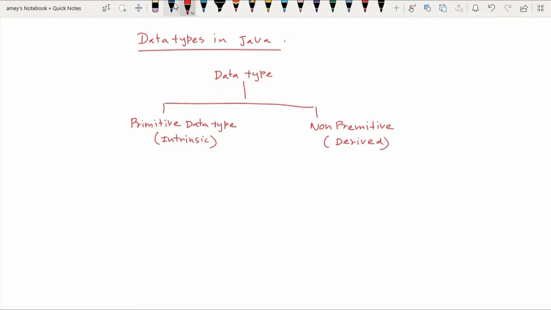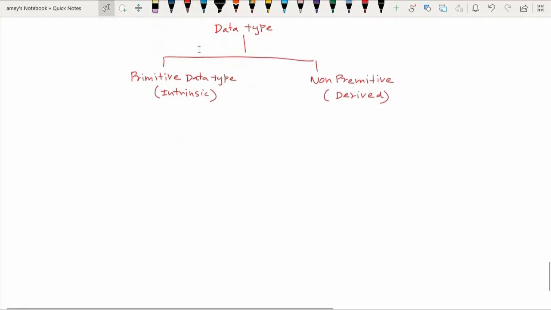Primitive data types in Java are categorized as numeric data types and non-numeric data types.